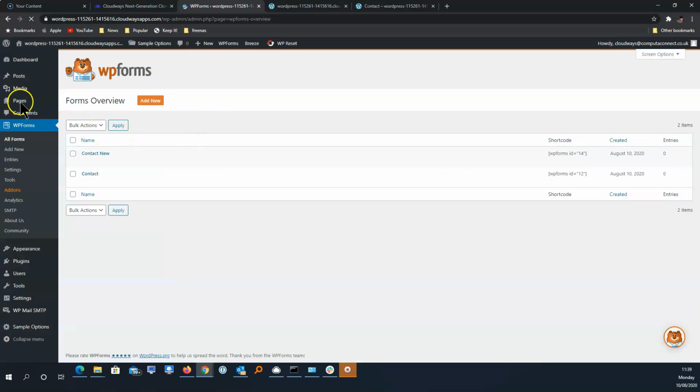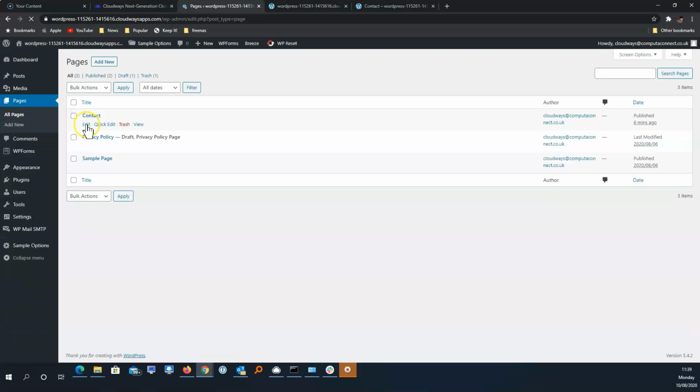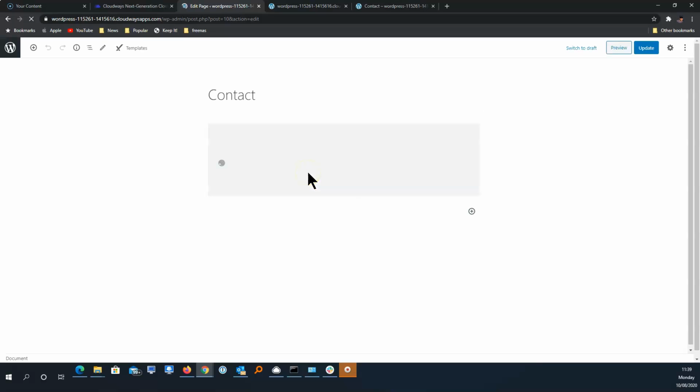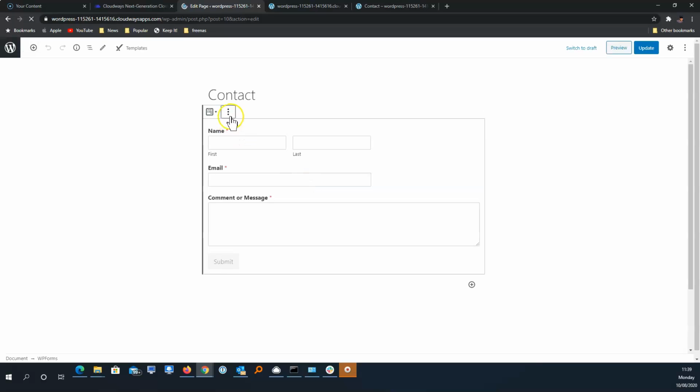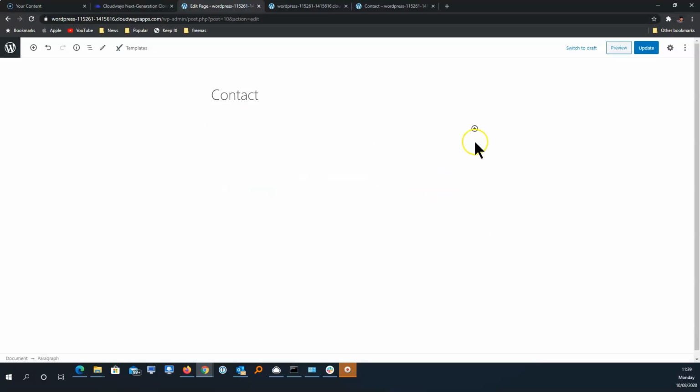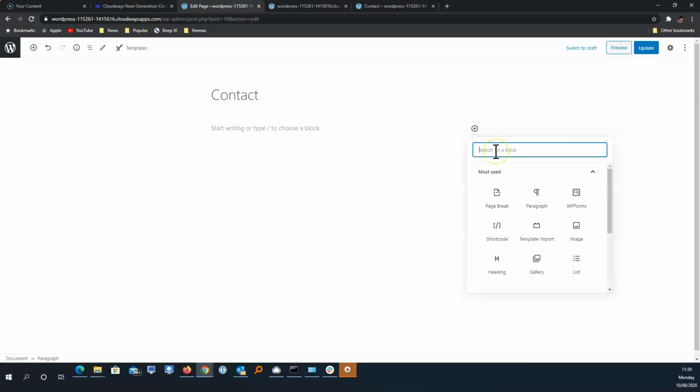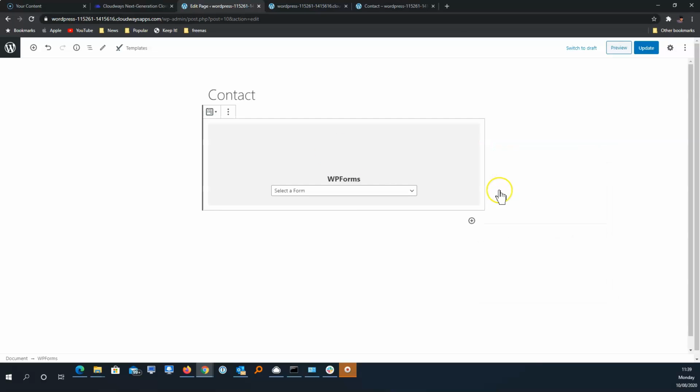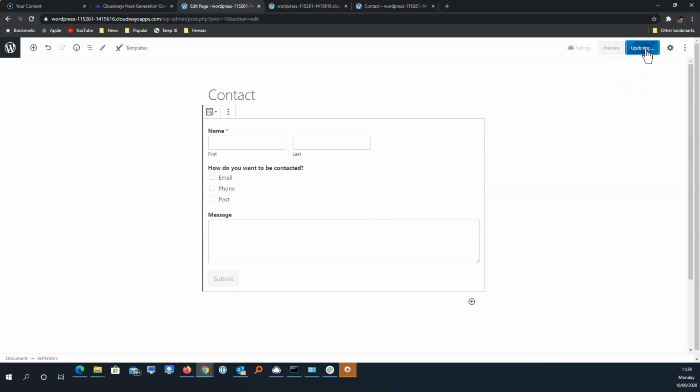go back to the contact page, edit that contact page, and we'll just change the form. Just remove that block, add a new one, again WPForms, select the form, contact new, update it. Then let's view this page, the website,